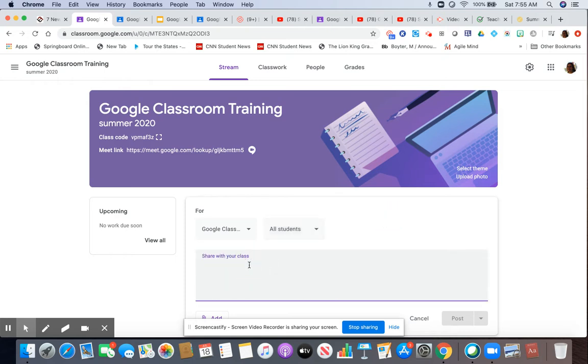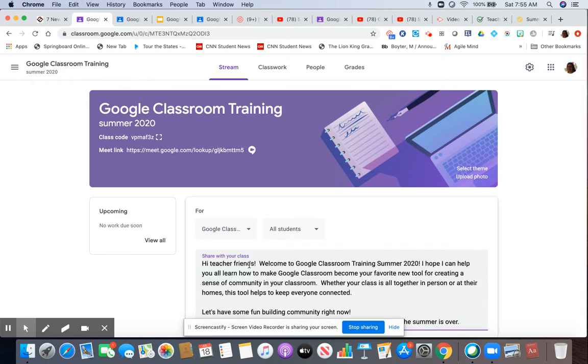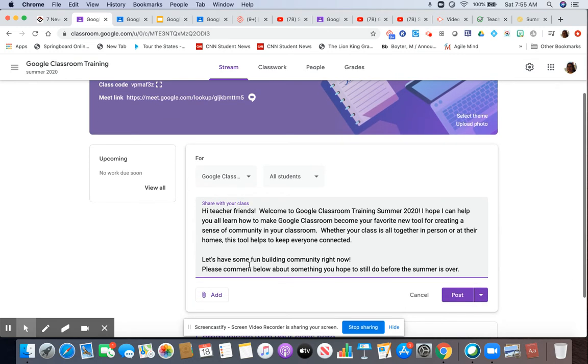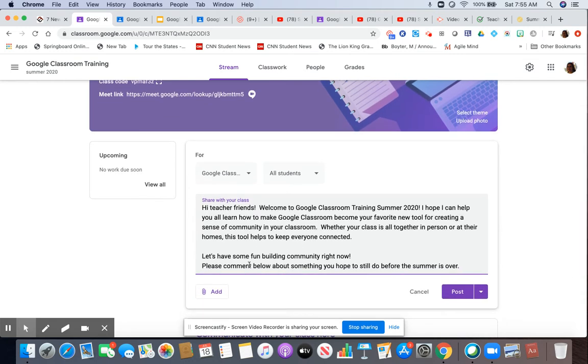Okay, so then you can type your message. I have one that I already had typed for you that I just copied and pasted. And if that's all you wanted, then you would click post. But if you want to add something to make it more interesting or to give them some kind of a resource,